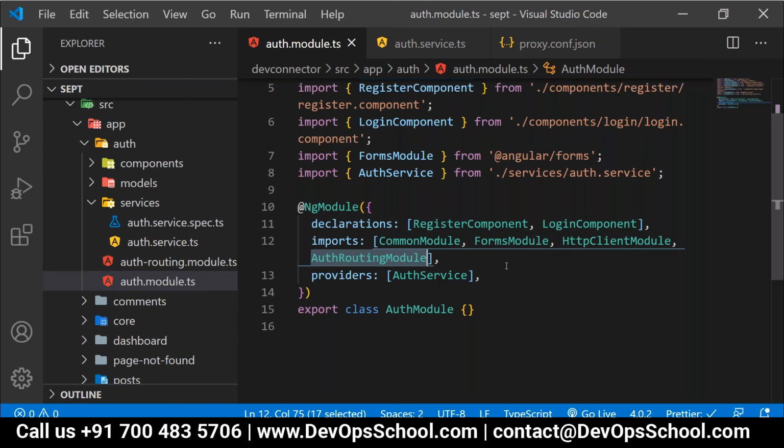Yes, auth routing module should be at the end. Yeah, I haven't added providers. What providers? The below one, providers auth service. Is that one required? Okay.